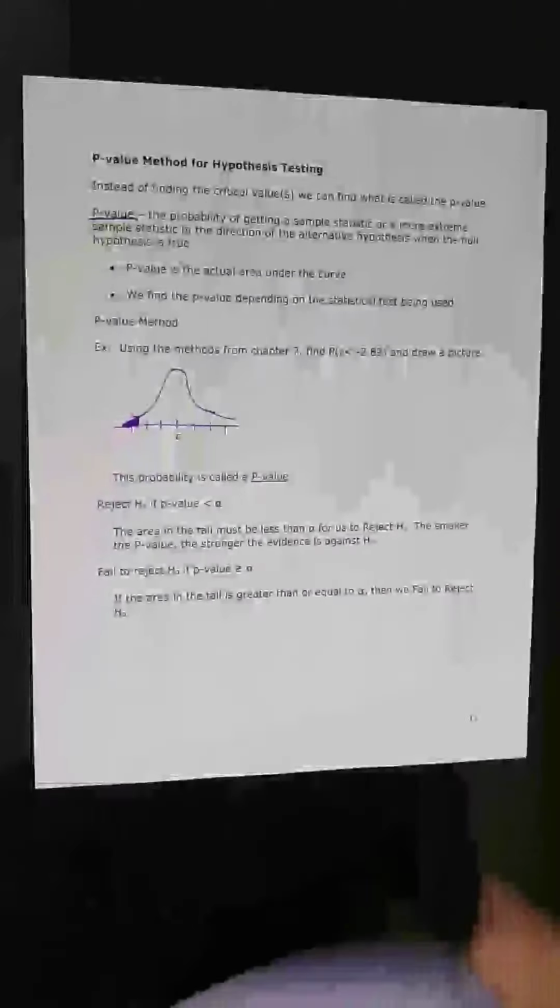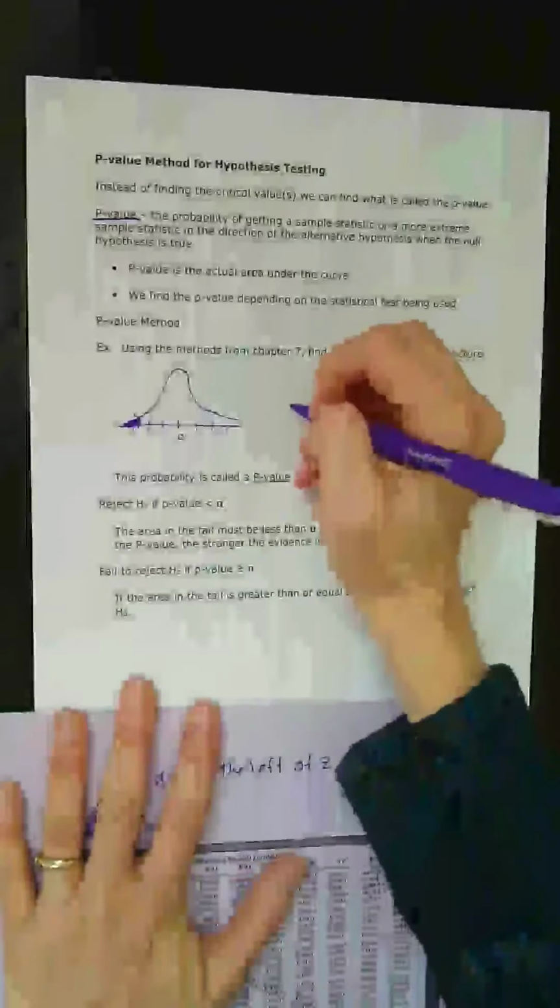This is a normal z. So I can look up my table 5, standard normal distribution, look up z equals negative 2.89, and find a value of 0.0019. That is my p-value, okay? That is my area